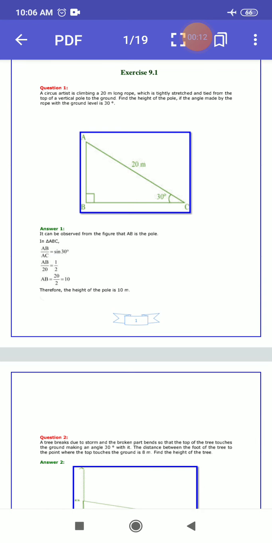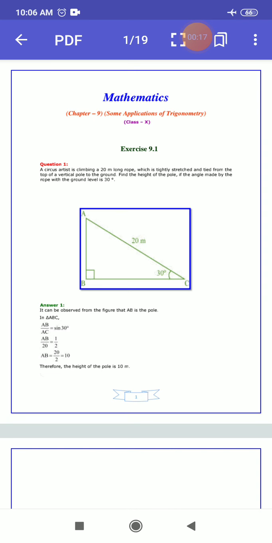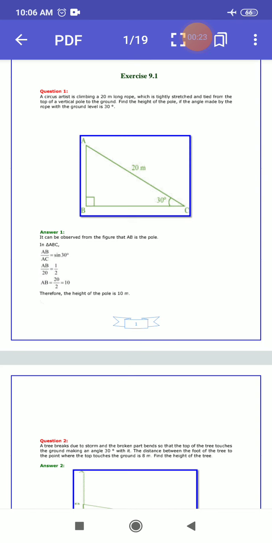Arjun sir has started the chapter on some applications of trigonometry, so we have to start this exercise today, and after that we will continue with the statistics exercise. We sent your first exercise video yesterday, and I hope you have done all the work in your notebook and prepared this exercise at home for your exam. Now we will start exercise 9.1.